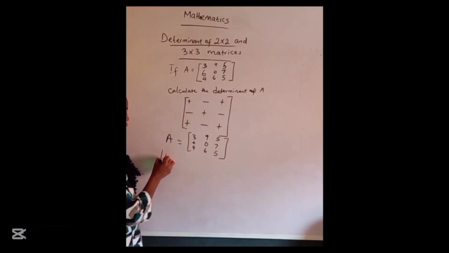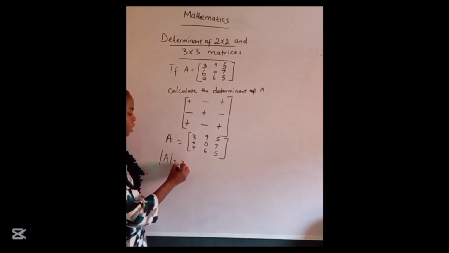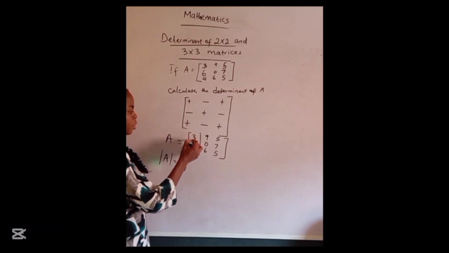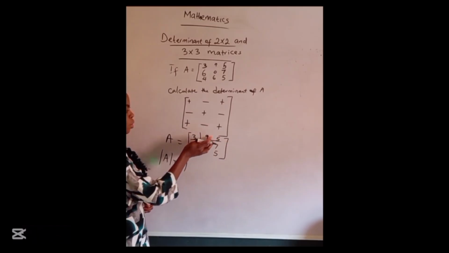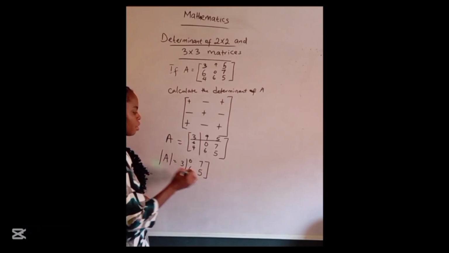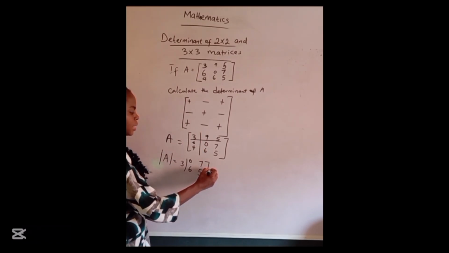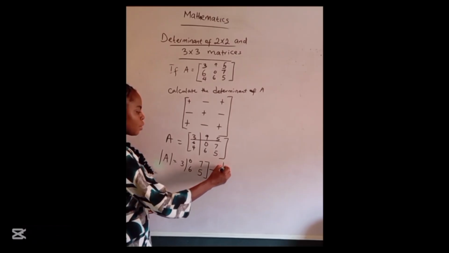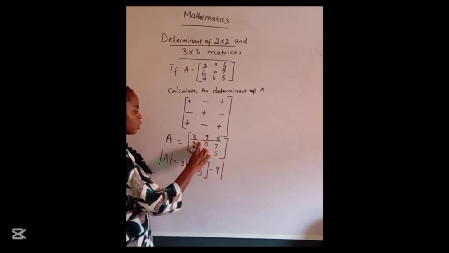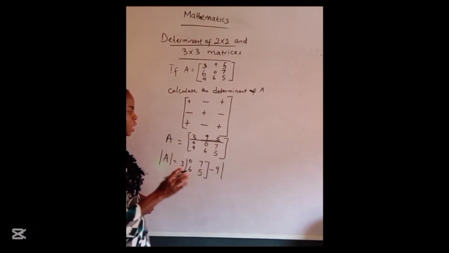Let's find the determinant together. So what will you do? Pick the first element, which is 3. Then you close this. Close this and this. We are left with 0, 7, 6, 5. Alright. Remember the sign for the second element is negative. Minus 9. Okay. Now we are through with this. This row is still closed.